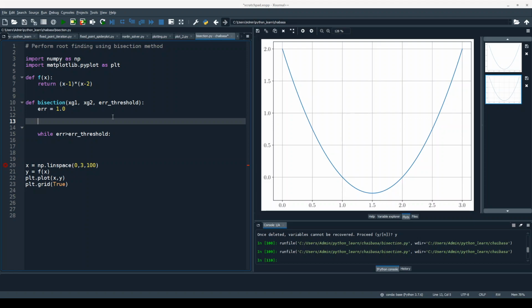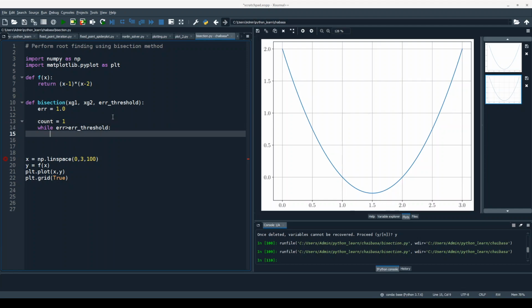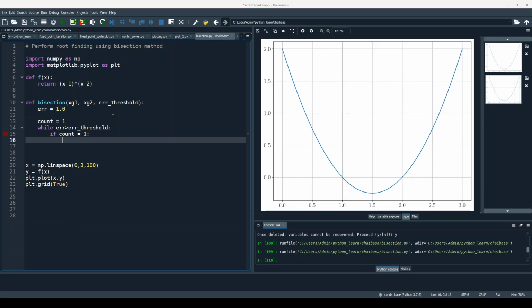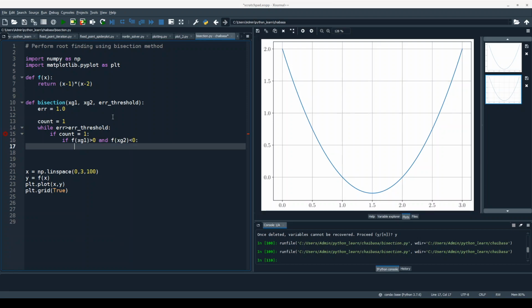Or in fact we can define count equal to 1, and if count equals 1, then check: if f of xg1 is greater than 0 and f of xg2 is less than 0, then we will define x1 as xg2 and x2 as xg1.